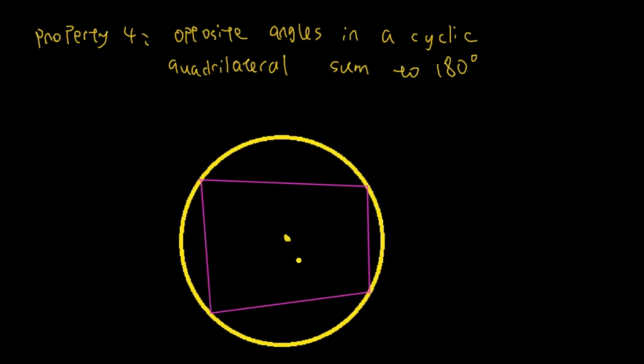Okay, so what they are saying is, let me have a label here. This angle here and this angle here add up to 180 degrees. So this angle plus this angle, they're opposite angles, add up to 180 degrees. Similarly, on this side, this angle and this angle also add up to 180 degrees because they're opposite angles. So the green and the green add up to 180 degrees, the blue and the blue would add up to 180 degrees.